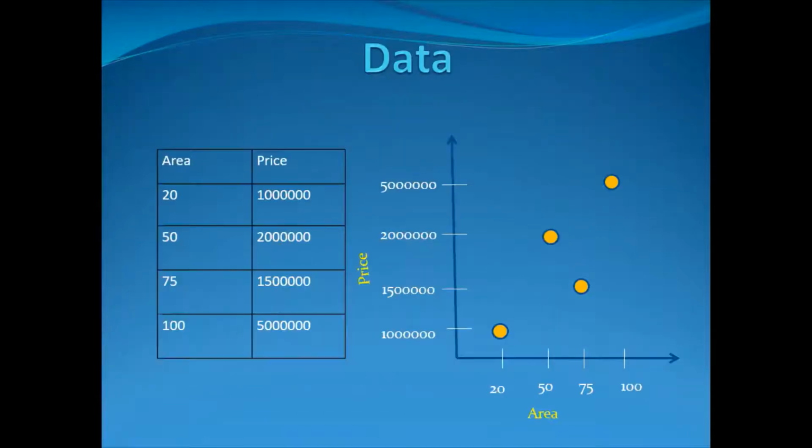Let's look at the data set over here. Area of the house versus price. As we know, as the area of the house increases, the price increases. Area is an independent variable whereas price is a dependent variable. But there is a row over here where area is equal to 75, and for that the price is lower. Maybe it is an underdeveloped area, so it is lower, something like that.